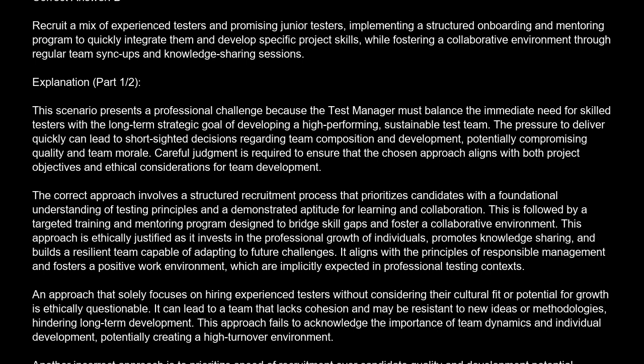It aligns with the principles of responsible management and fosters a positive work environment, which are implicitly expected in professional testing contexts. An approach that solely focuses on hiring experienced testers without considering their cultural fit or potential for growth is ethically questionable. It can lead to a team that lacks cohesion and may be resistant to new ideas or methodologies, hindering long-term development. This approach fails to acknowledge the importance of team dynamics and individual development, potentially creating a